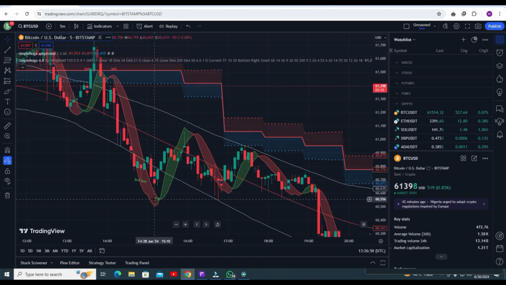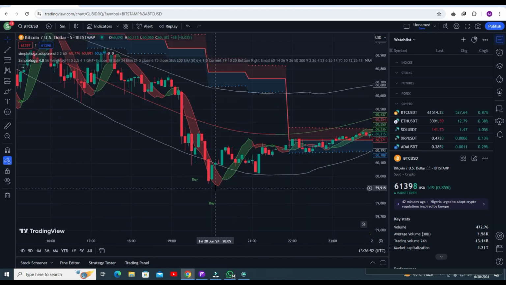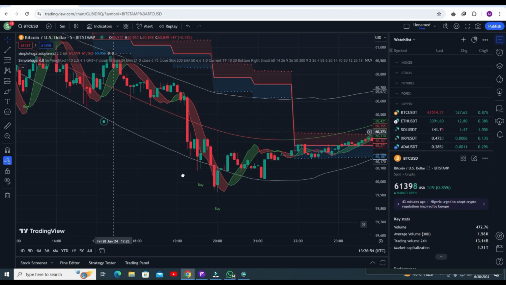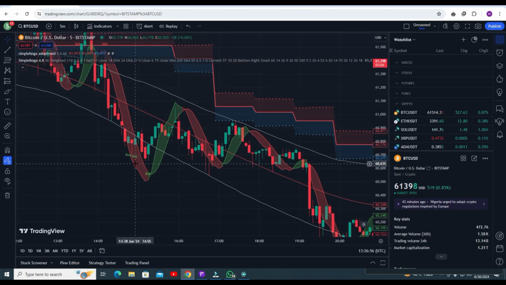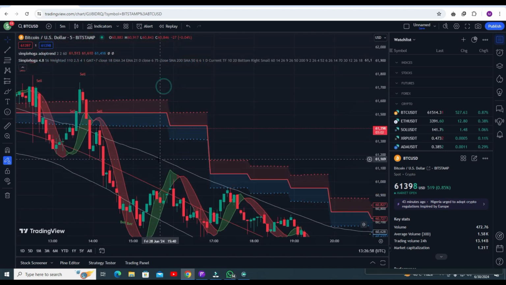If you take a buy signal, you can see you are getting some good loss. You do not need to go for this buy trade. Just like I told you, you need to go for the sell trade if the trend line is red. I will show you a live demo as well. First of all, let me show you the previous trades that I took, and the results of my trades. But you need to understand how this strategy works.